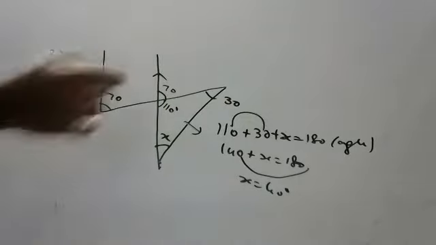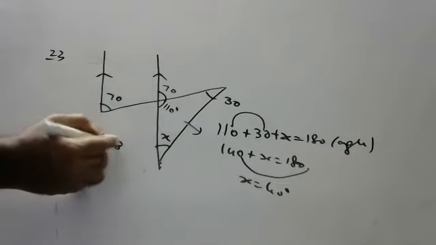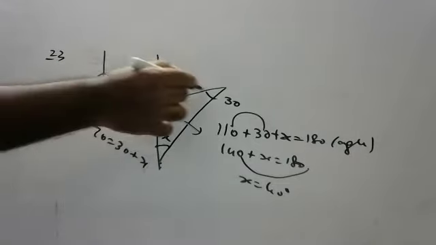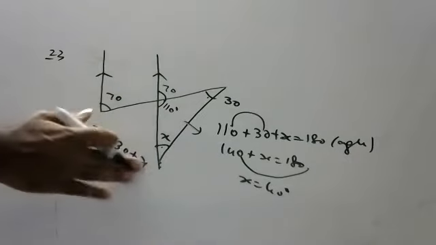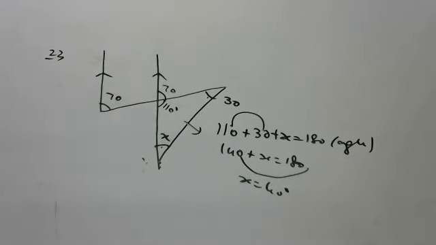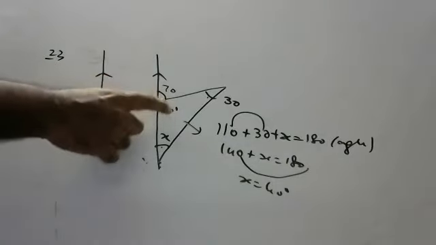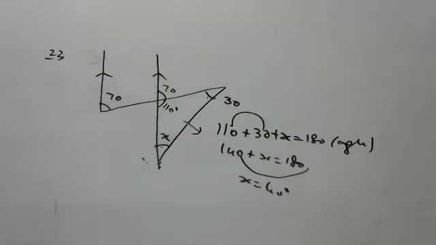Some people will say, sir, 70 is equal to 30 plus x, we can write, no. Exterior angle is equal to sum of interior opposite angles. Like that also you can do, no problem. So many methods will be there, children. Here you can find co-interior angles, vertically opposite angles, like that also you can do. This is one of the procedures. Don't think this is the only final one. Only thing is you should know how to do the sum.